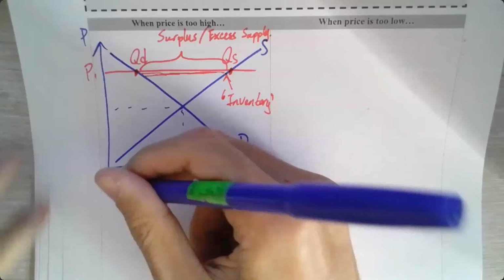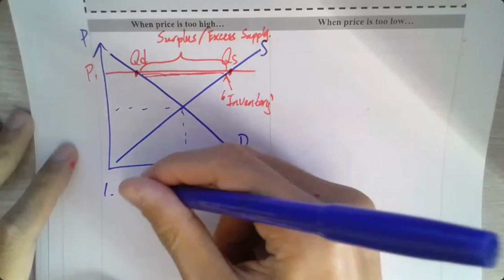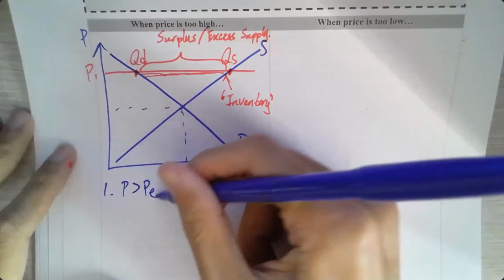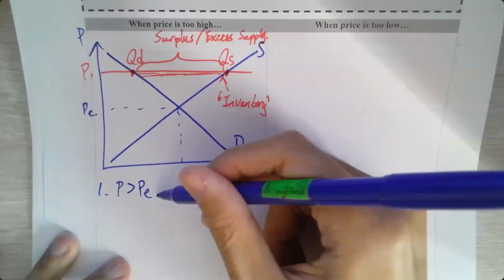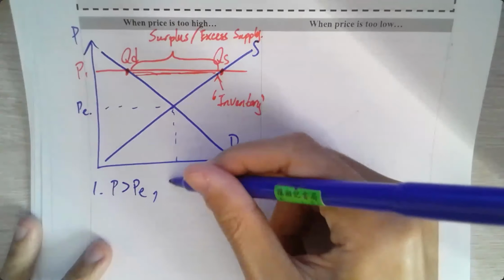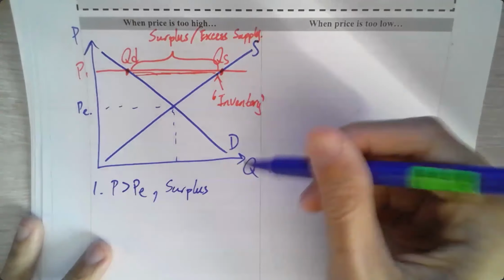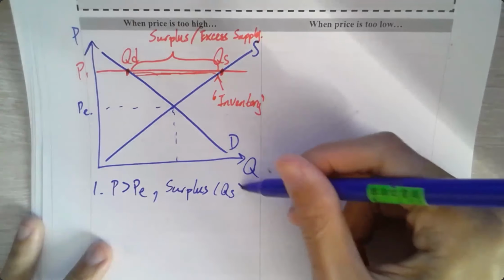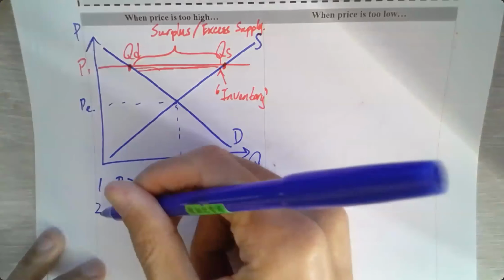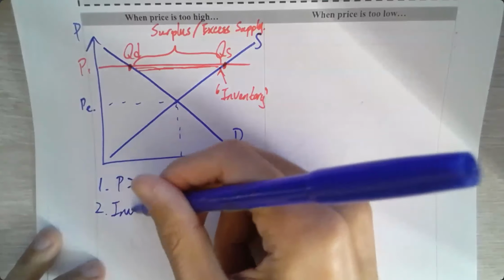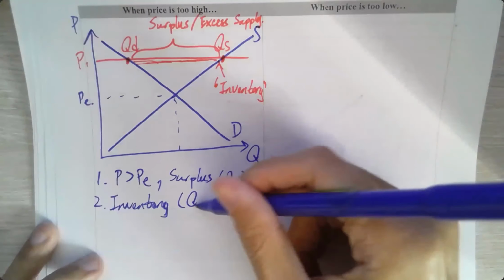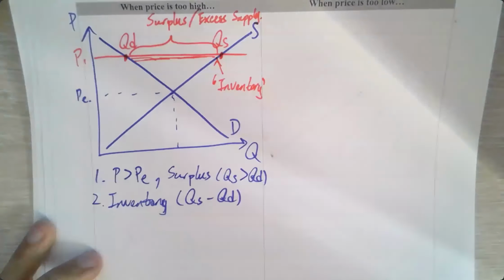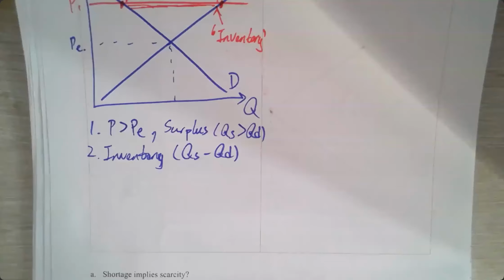So what will happen? We say that here when price is higher than equilibrium price, PE right here, okay? Then we have a situation we call surplus, which means QS larger than QD. Then there will be inventory, okay? And the amount is QS minus QD. 呢扎嘢全部變晒 inventory 啦。